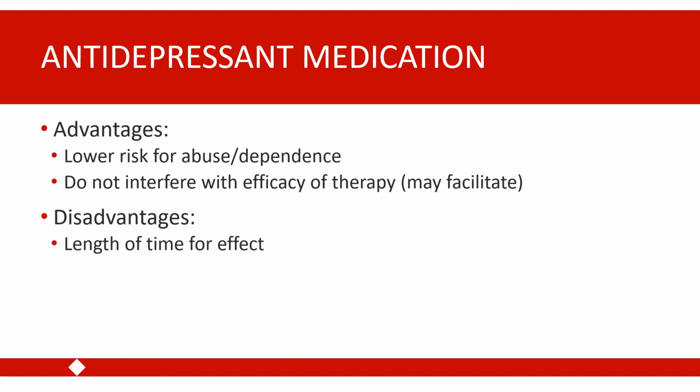The primary disadvantage of antidepressant medications is the length of time that it takes for these medications to have an effect. So just like we see with the use of antidepressant medications for treating major depressive disorder, it can take up to 4 weeks for these medications to reach their full therapeutic effect. So for an individual who's experiencing symptoms of anxiety, this long wait period, particularly if they start experiencing side effects before they start experiencing the mood and anxiety benefits of their antidepressant medication, can be really frustrating.